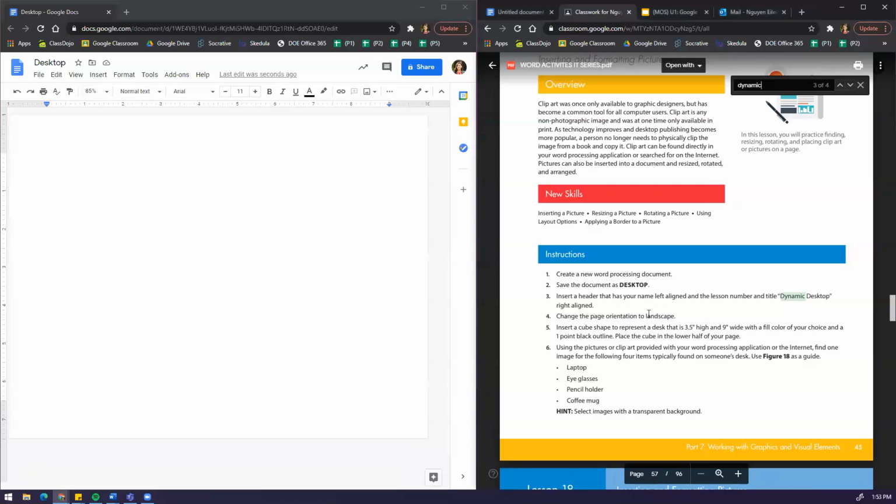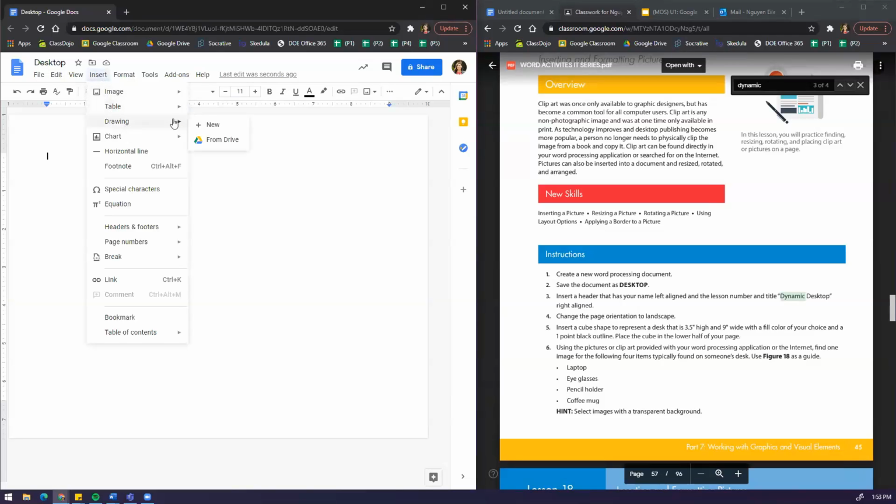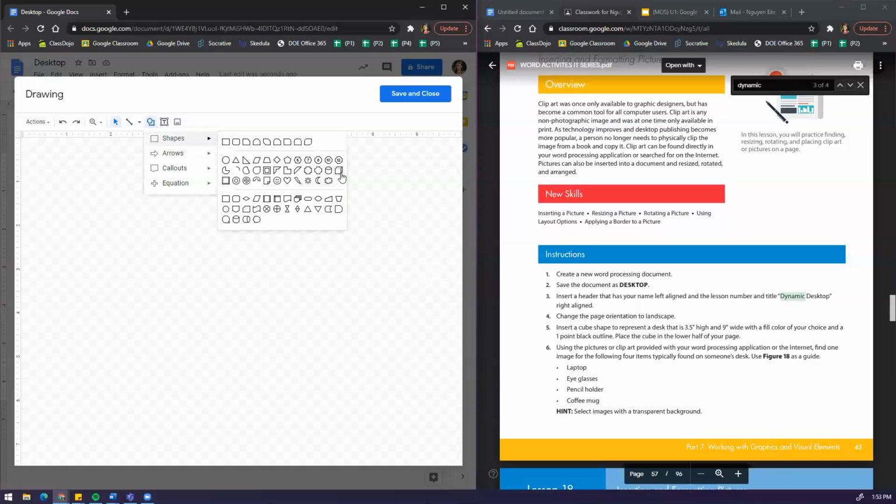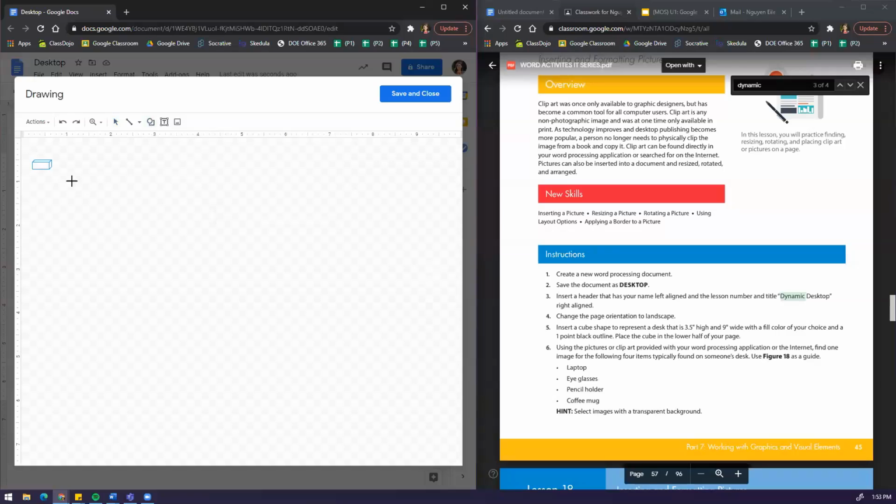Now the first thing it asks me to do in number 5 is to make a desk that's 3.5 inches high and 9 inches wide. Google Docs does not have a shapes feature, so I have to go to Insert and do a drawing. I go to Drawing, then New, and this drawing window comes up. This is where I go to Shapes, and now I can create a shape. I'm going to choose this cube shape,